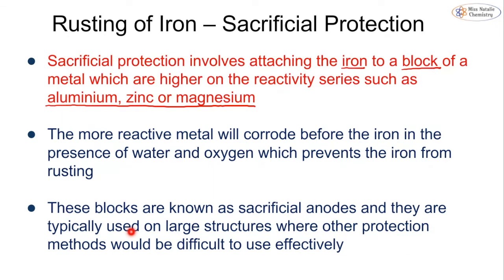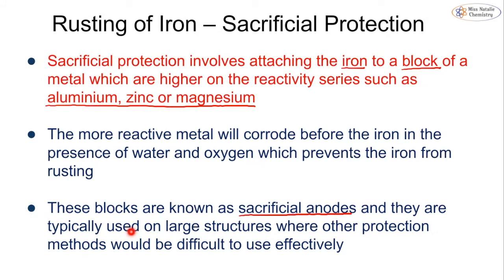And this just means that the more reactive metal is going to corrode before the iron does in the presence of water and oxygen. And this just stops the iron from rusting. So the more reactive metal sacrifices itself in order to allow the iron to not rust. And we typically call these blocks sacrificial anodes, and they're used in large structures where any other protection methods would be difficult to use. So if you have a huge structure made of iron or steel, such as a bridge,